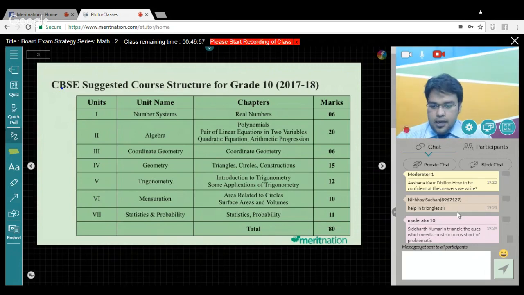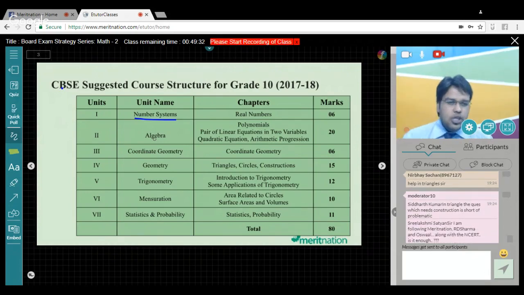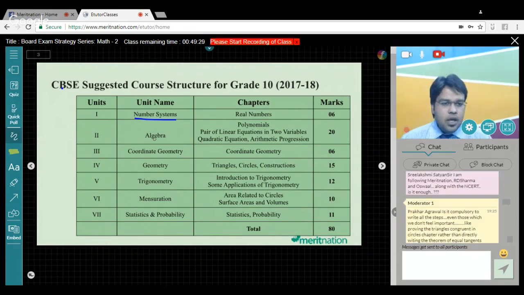Please be patient. So first of all, as I was discussing the number system, in number system, we can expect usually 3 types of questions. The 3 types of questions that you can expect in a number system is a 1-mark question, wherein it is asking you to identify whether the fraction is terminating or a non-terminating decimal representation. That's a 1-mark question. You just have to write either terminating or non-terminating. You have to see the factors of 2 and 5 in that. Another type of question is a 3-marker, or I would say rather a 4-marker might be there.